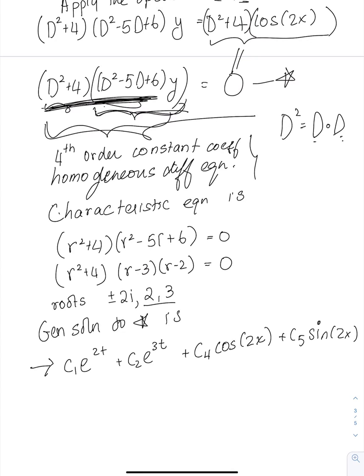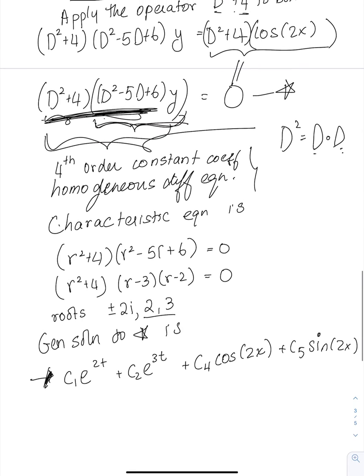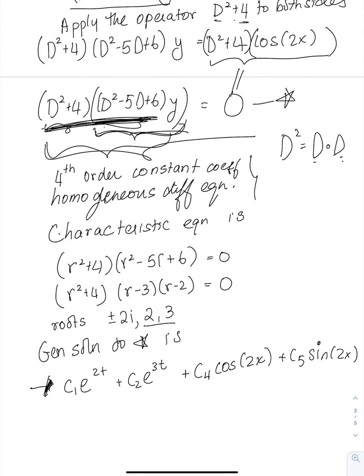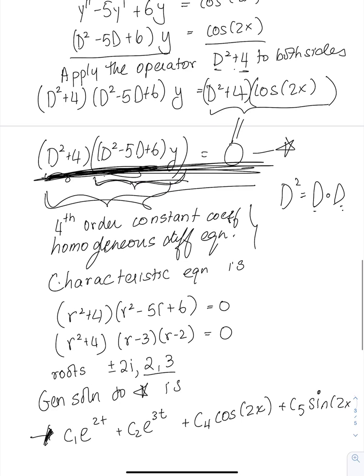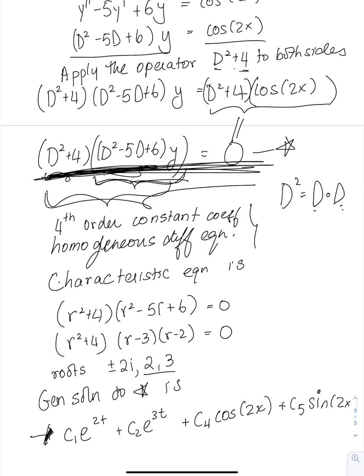This function over here is the solution to this equation above, which is the starred equation. Well, this starred equation is equivalent to the swirl equation above. Okay, so this starred equation